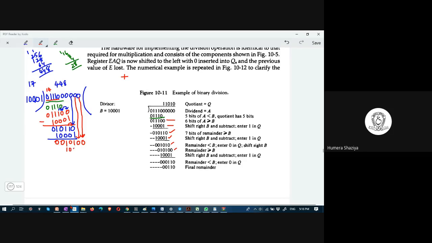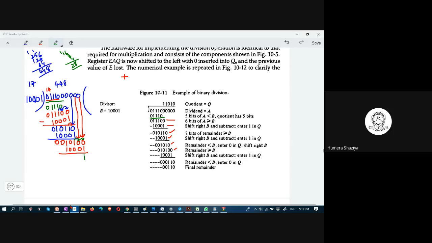Place the divisor under it. What do you do again? Again, you have to do the borrow. Obtain the borrow. From where? From the one which is 2 steps away. This is 2 steps. So this one would first enter in this bit and followed by the first bit in this case. So 0 minus 1 with borrow 1 is 1